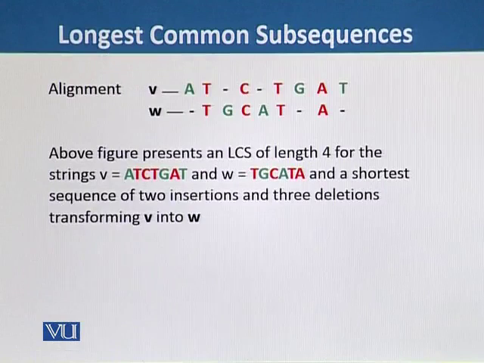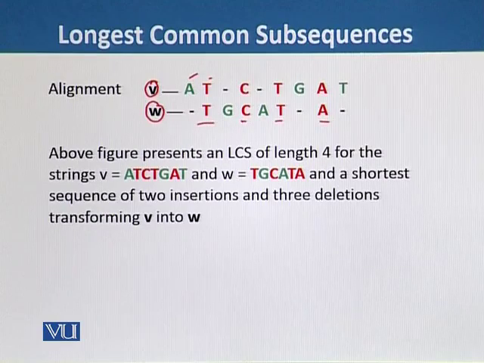Here we can see the two strings V and W, and their sequences. Red means that they are identical at these points, and green means that there is a missing alphabet during alignment. So the above figure represents the longest common subsequence of length 4, because we have 4 identical nucleotides, so the length of the LCS is 4 for the strings